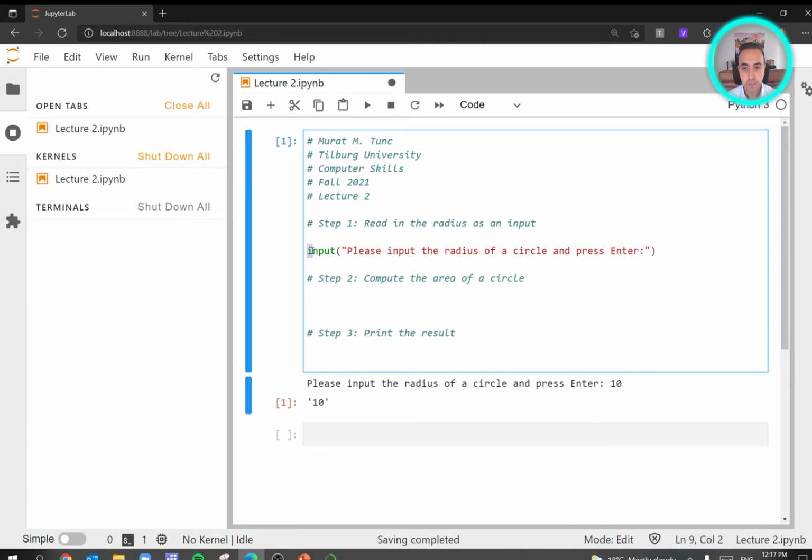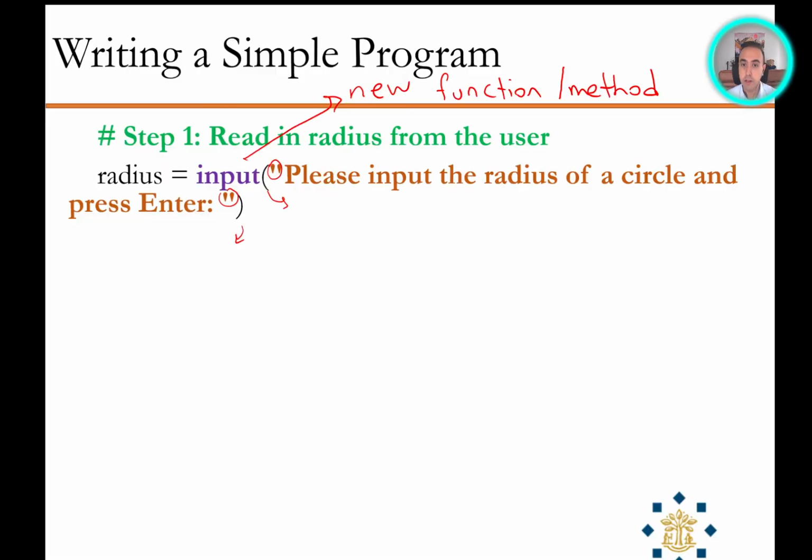So here, 10, just print it out without being reusable. Our intention is to read in the radius and then store it as a variable here. So this is another new functionality that we are learning, the equal sign, okay? It's pretty straightforward. Equal sign